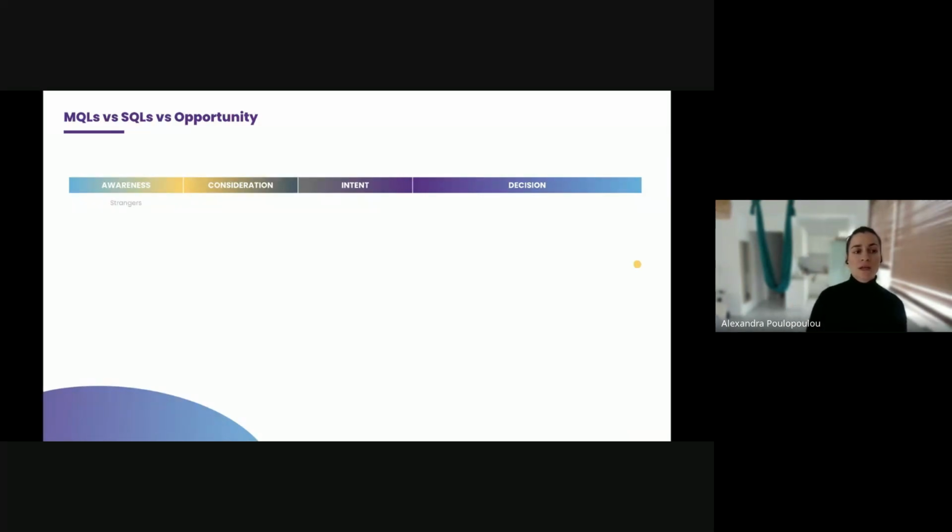We already talked about awareness. In this stage, we are mainly strangers with our potential customers, and we move on to the consideration part. In the consideration part, we have a lead that has identified their needs, and they are actively looking for options. Hopefully, if we respond to their needs, then we will have a marketing qualified lead.